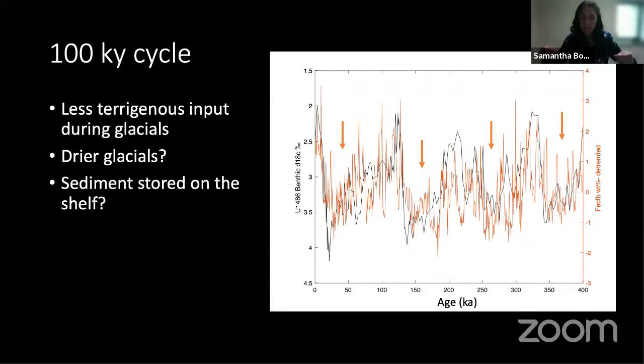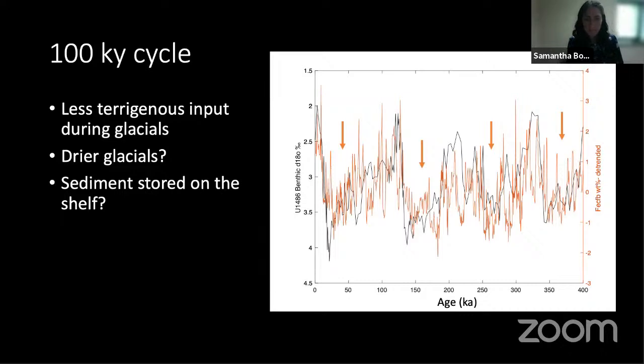Remember, the shelf off of northern Papua New Guinea is very, very narrow. So it's possible that this could be reflecting a true climate signal of less iron, less rainfall, less delivery to our core site, and drier during glacial periods, which would be consistent with a lot of modeling and other work from this region. But given some of the discrepancies between our various proxy indicators, I think we also need to consider that there are